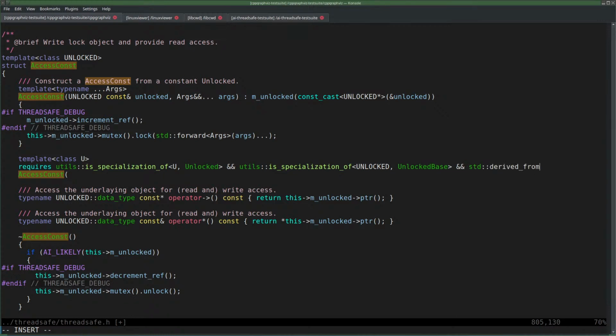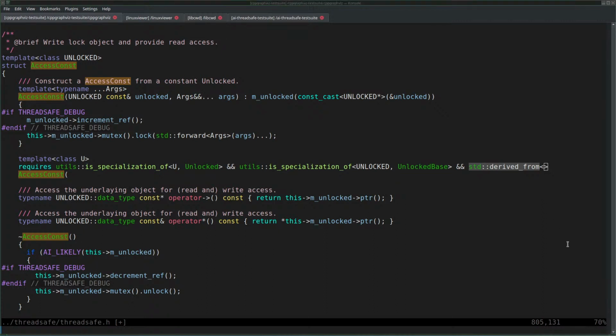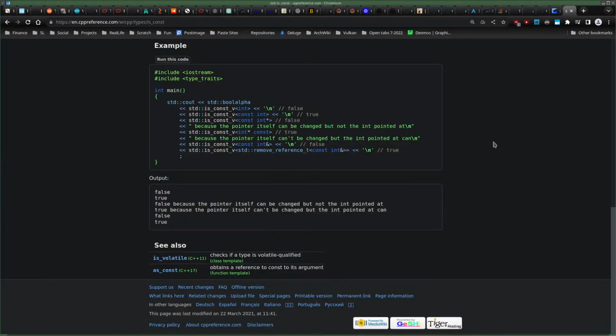And derived from, and I always forget that. So now X derived from Y, X comma Y. So the base class is the second one. I have to look it up.